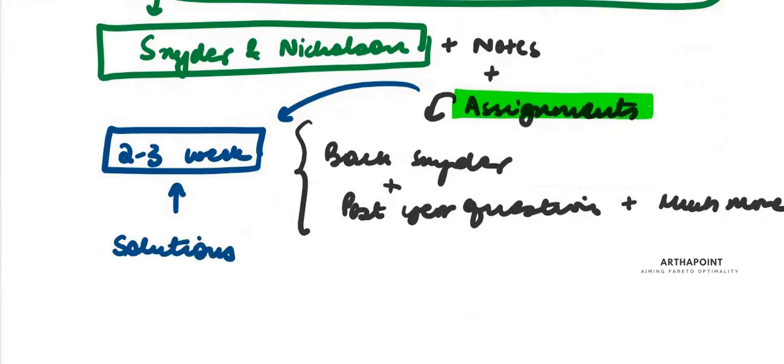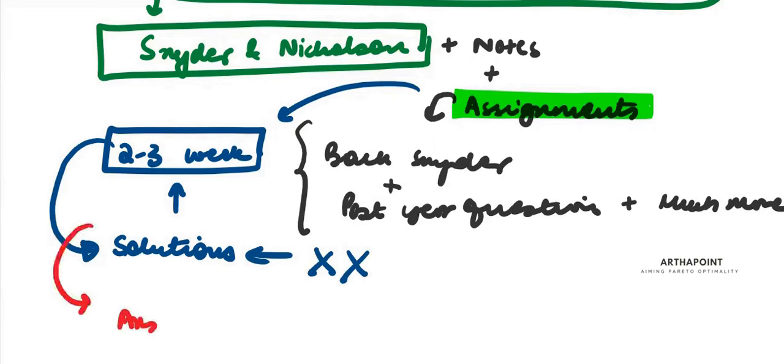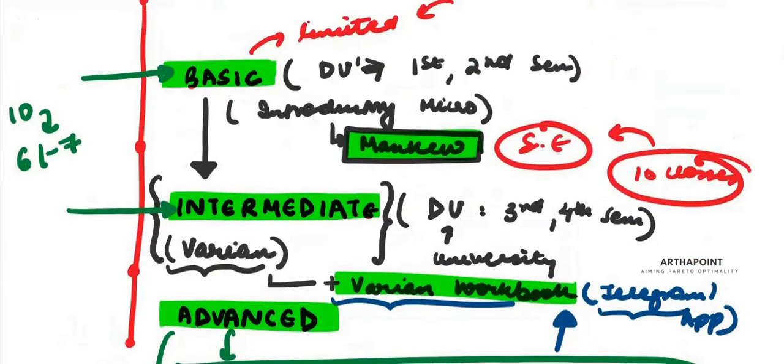Do not go into a habit of looking at the solution first. Please don't do that. Try to solve it on your own. Then go and see the solution. If you still have a doubt, you post it on the group and I will answer those. Why is that step done? What is the reason behind it? All of that would be answered. So this is how you will be going through the course of microeconomics.